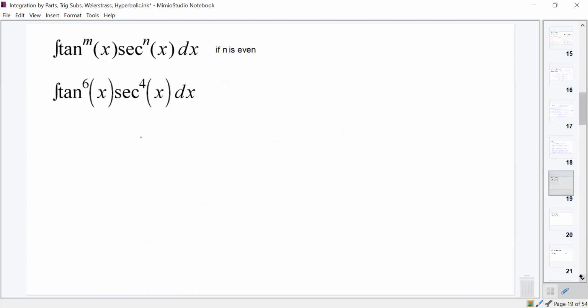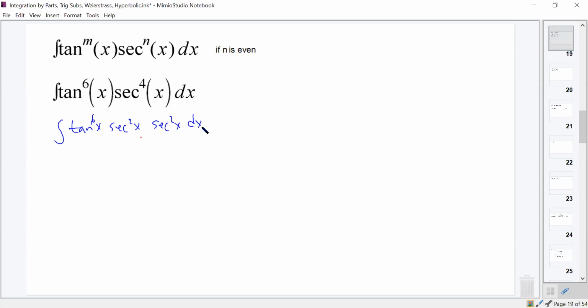All right, let's talk about what to do if we have tangents and secants, because these are integrals that pop up fairly often also. So if you have tangent to the m, secant to the n of x, and the n value, so the power on the secant, is even, you can always separate out one secant squared from everything else. So I can make this the integral of tangent to the 6th of x, secant squared x